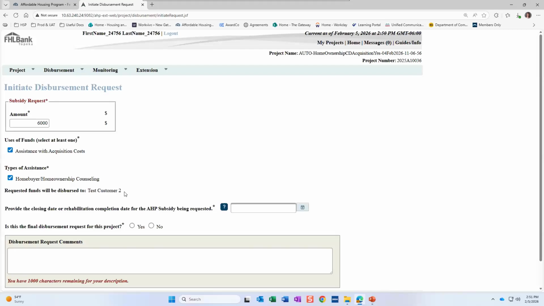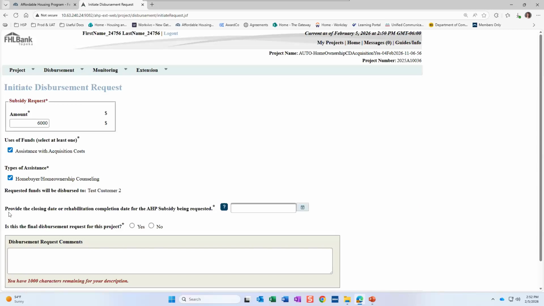Then from that standpoint, you as the sponsor can coordinate with your member bank to decide how you would like to receive those funds, whether you have an account with them you want it deposited into, or maybe you have a line of credit you want it applied down to. Whatever you want to do from there is up to you and your member. We just disperse it out to the member, and then you can coordinate with them however you would like to receive those funds.